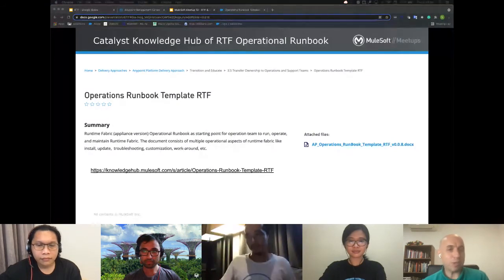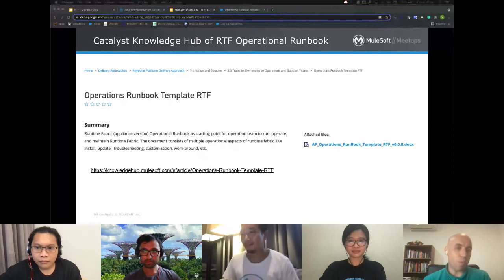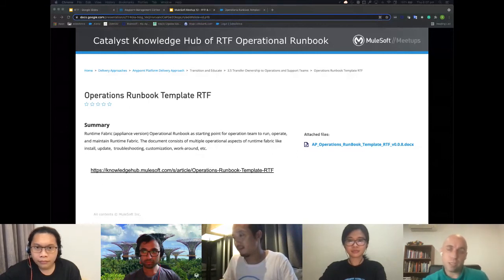Clearly it also comes with some level of operational complexity, and teams need to understand how to set themselves up for success from an operational support aspect, all the way from designing what the architecture is going to look like for RTF through to managing and supporting it in runtime and production.